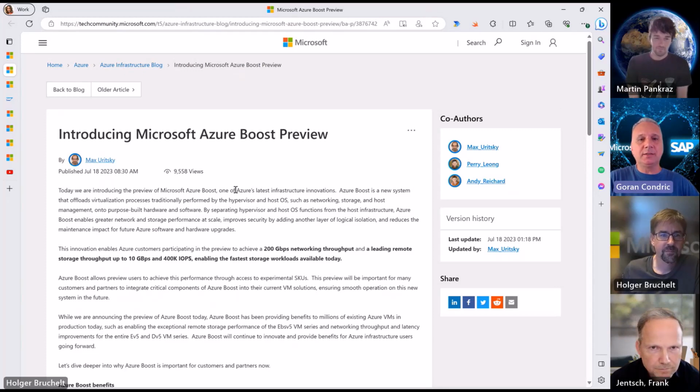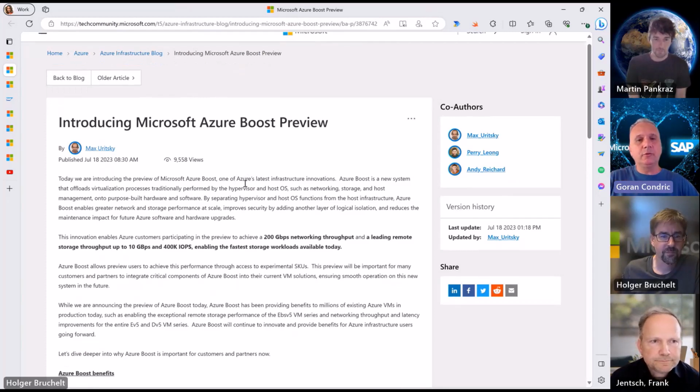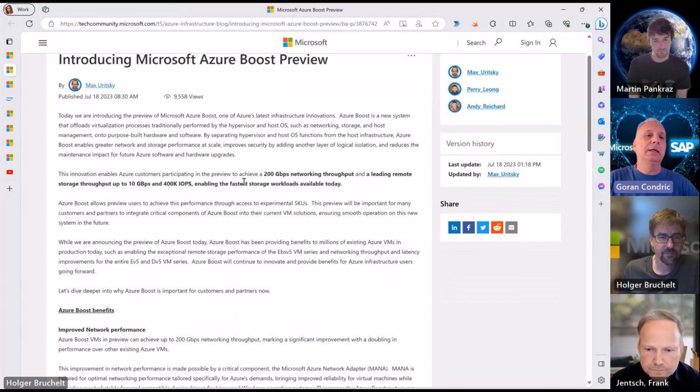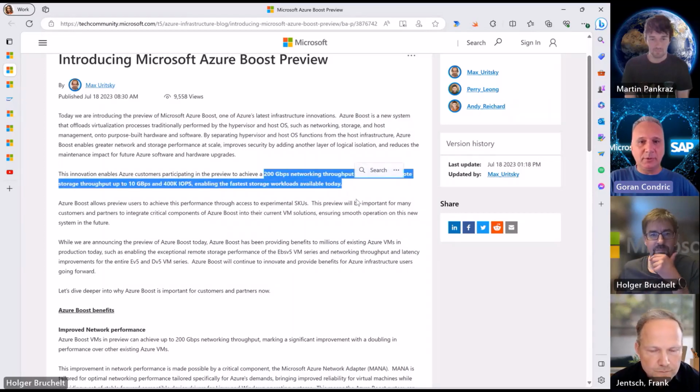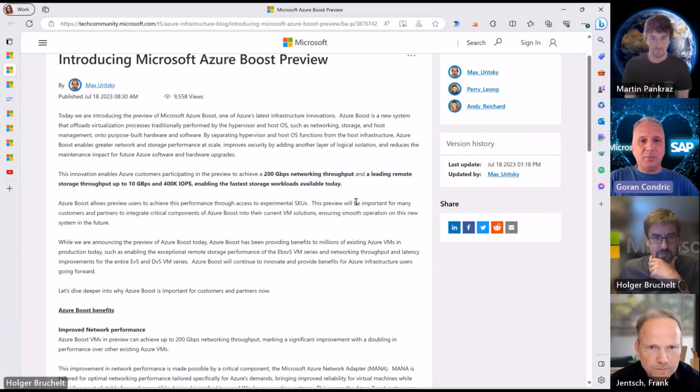Now, this functionality through Azure Boost is offloaded to specialized hardware, meaning as a consequence we have a boost on the networking throughput, storage throughput and IOPS. So as an example, we are promising 200 gigabits networking throughput and 10 gigabytes per second for the storage throughput and